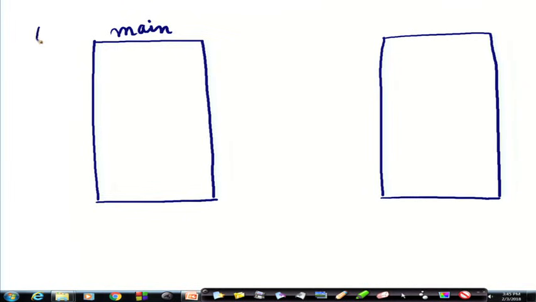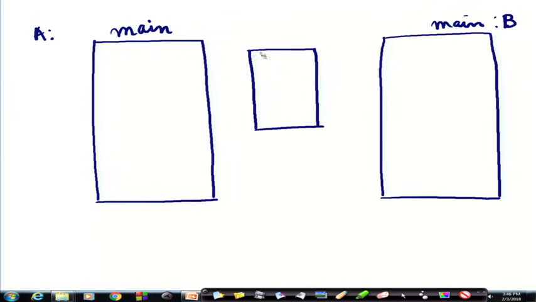This is of Mr. A and this is of Mr. B. For Mr. B, he has written another main. Now, Mr. A or Mr. B, both will require this function f, all right.